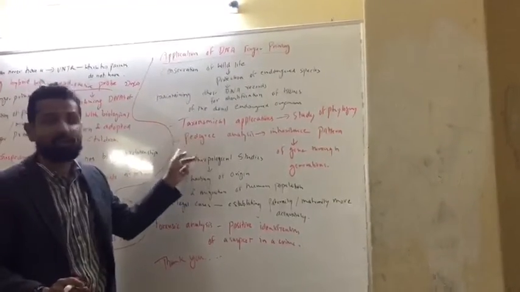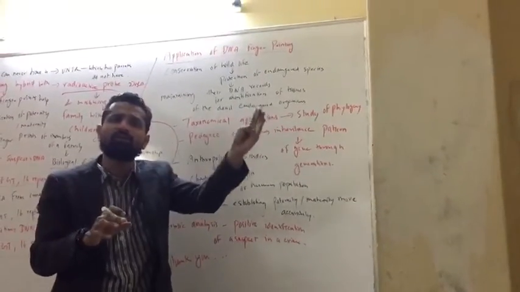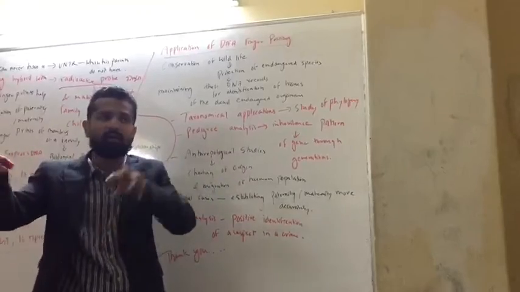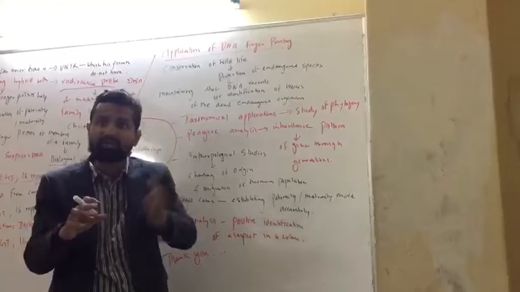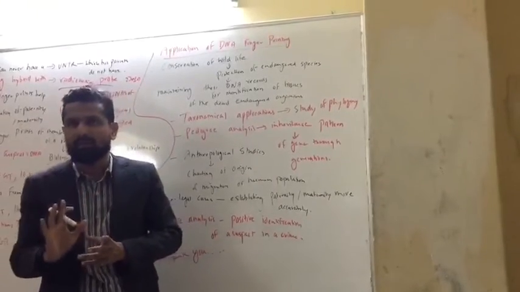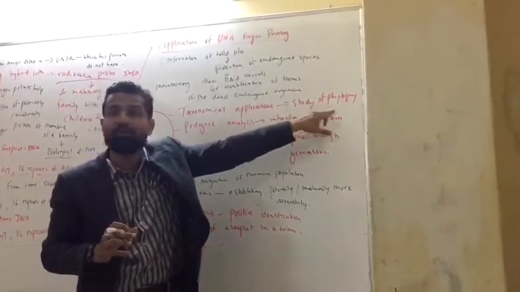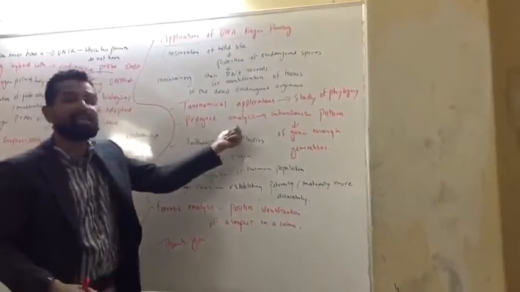So what I am trying to say is, study of phylogeny means comparing who was the father of this animal. Whether the tiger is living in Antarctica or India, or if it is living in America, what kind of changes are there, who were the parents of this tiger or any other animal. So like this, the characteristic matching is actually the study of phylogeny.